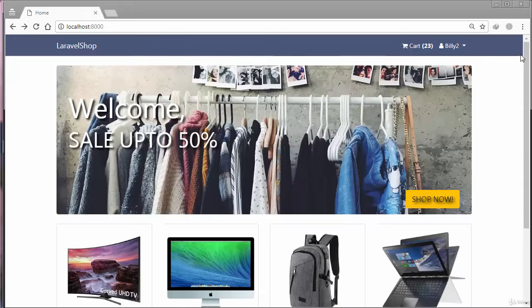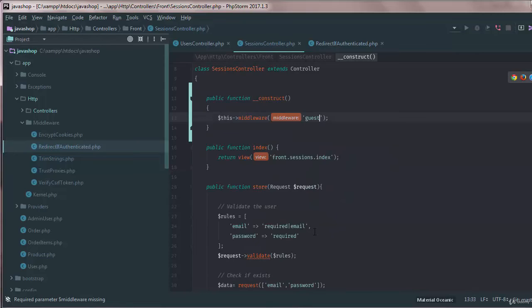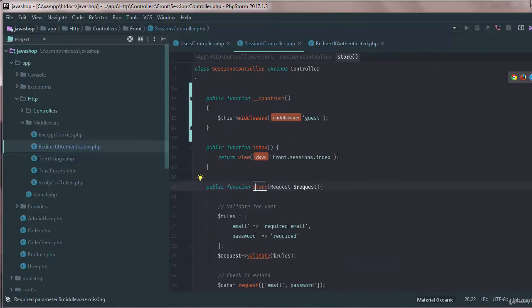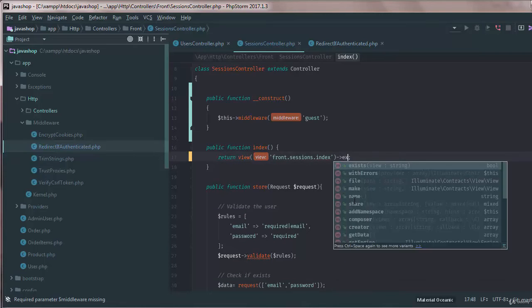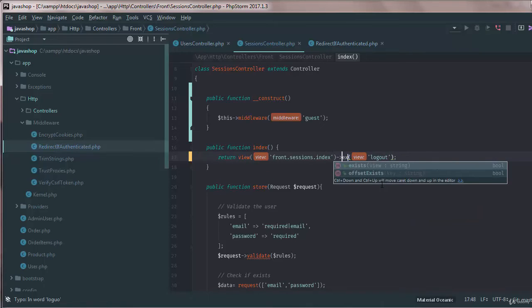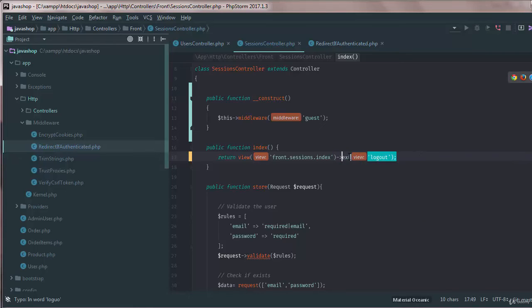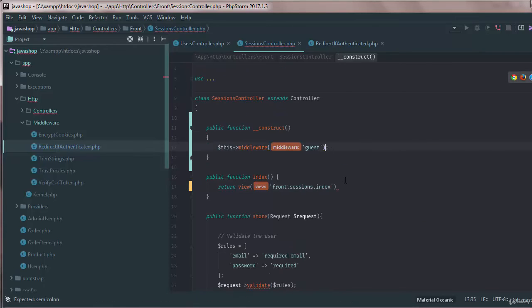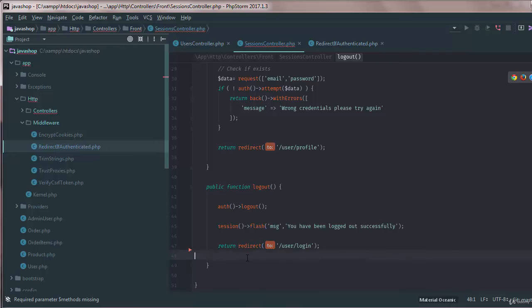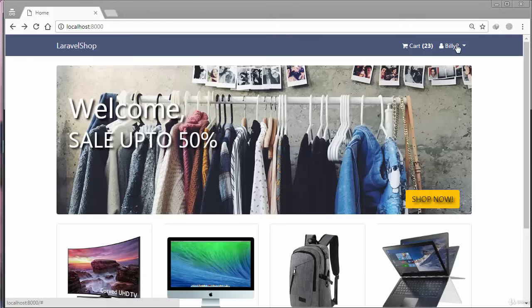Now if you try to log out, this method is again not working, because this middleware is applying to all the methods: store, index, and all the methods. So we need to say except the logout method, as we did in our admin section. Sorry, we just don't need to use this method here in our middleware. Except the logout method. Now it will not see any logout method in this middleware. So if you reload the page, go back and log out Billy,